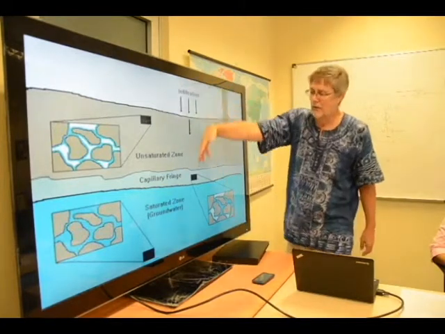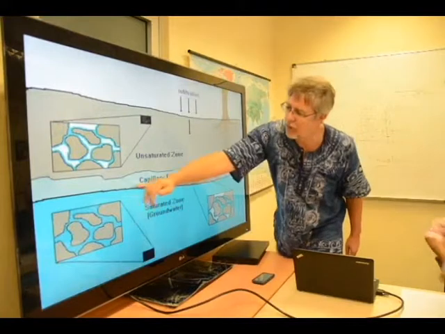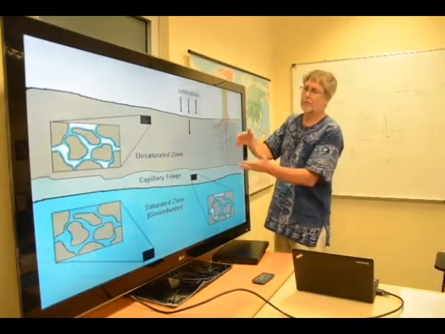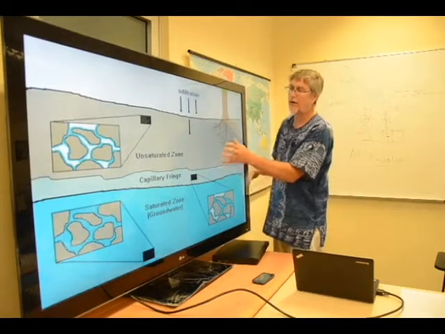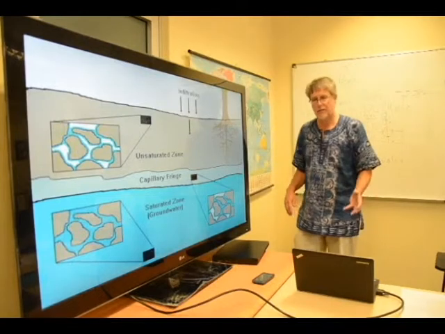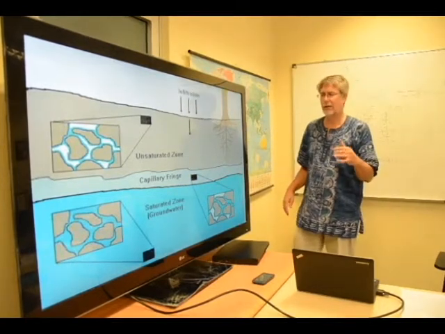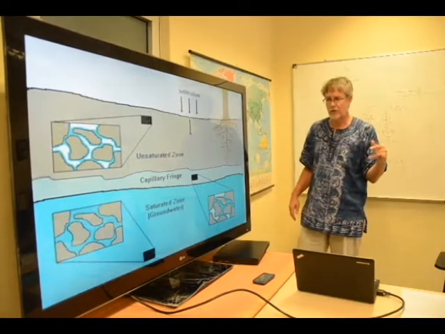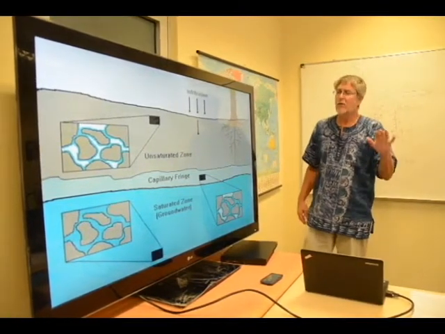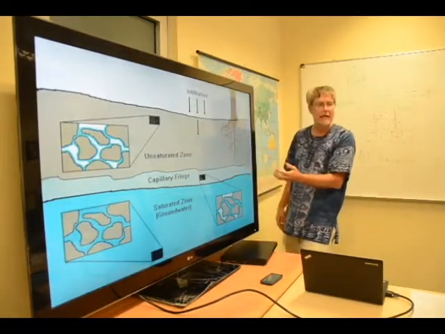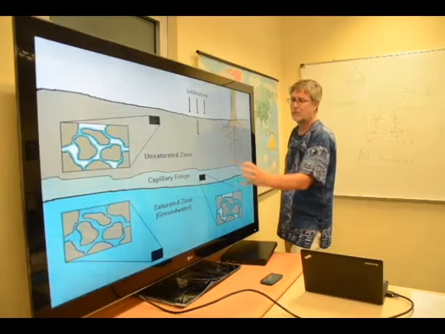So gravity works here. There's a little zone called a capillary fringe that stores water in, shall we say, an intermediate condition. There's a lot to be said about capillary fringes. I may talk about it more when we talk about pollution because it's important for that. But for the moment, I'm just going to say this plays an intermediary role between the unsaturated zone